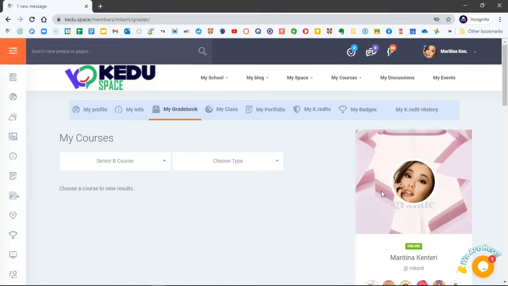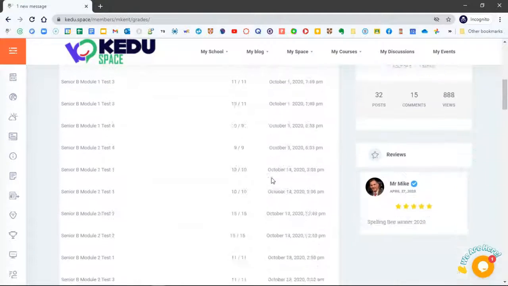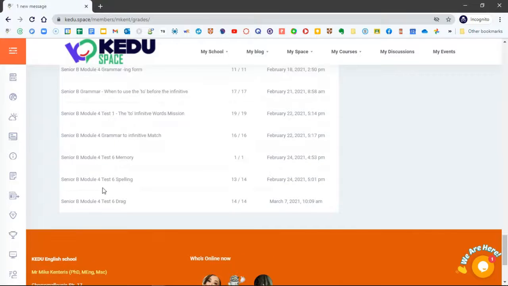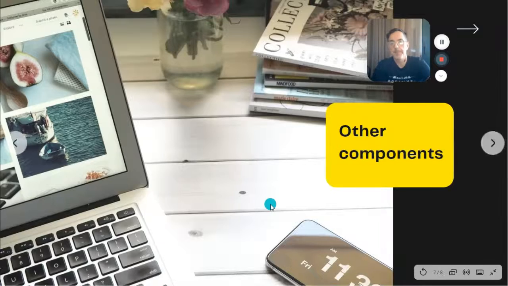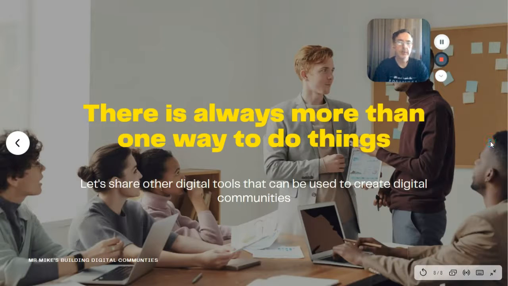Maritina's already uploaded her avatar and her cover page. We've got all the activities and the points and when they did it last. So for every lesson, we can actually see what they actually do. Oh, look at this, Maritina did some practice. Module 4, word list 6. She did a drag text. Maybe to practice today, maybe to practice for tomorrow's lesson. Great. So basically, that was it.